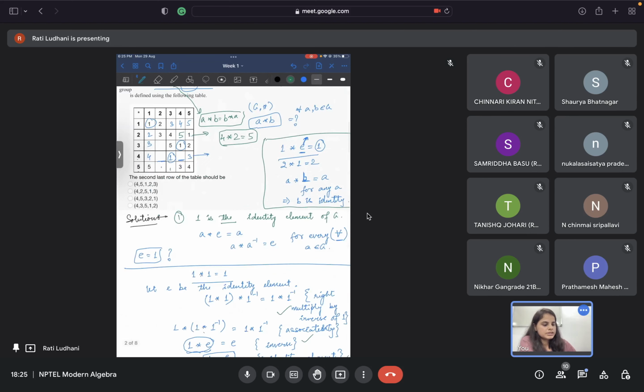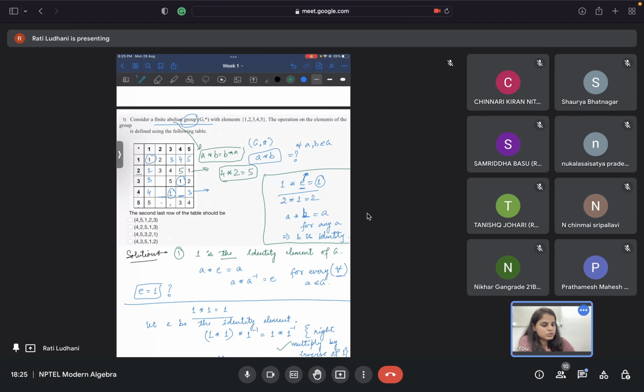Just try with, let's say, row 2. The question really is 2 star any element, let's say 2 star a. Actually, I should write it the other way around: A star 2. If A star 2 is equal to B star 2, that is exactly what we are saying. Entry means 2 star 2, and let's say this entry 3 star 2. If we are saying these are equal, that means for some A and B this is true. We actually need to prove that if this is true,